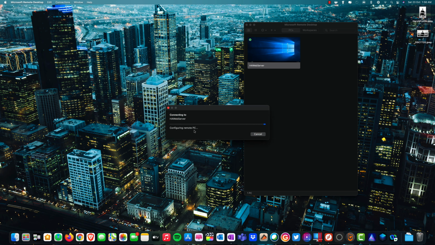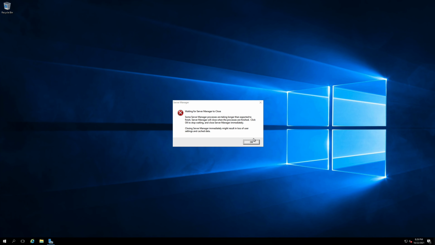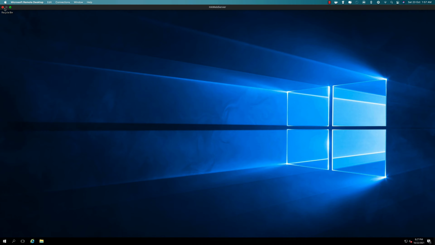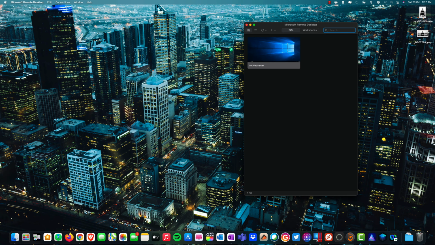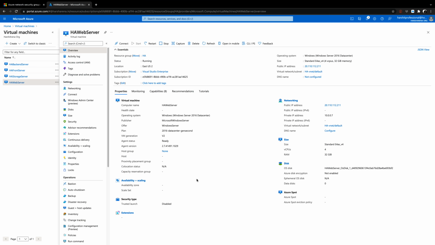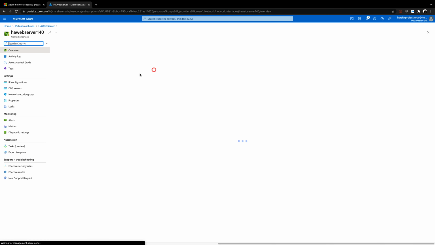It's trying to configure the remote PC, and very soon I will have access to that machine. Now you can see that I'm able to access it, I can delete, I can modify anything. Why? Because there is no security group configured on the machine at the moment, or in fact the interface. So what we can do is go to networking, click on the network interface, go to network security group,